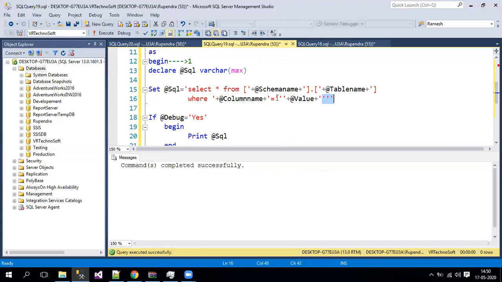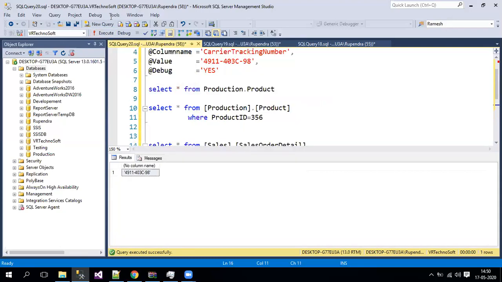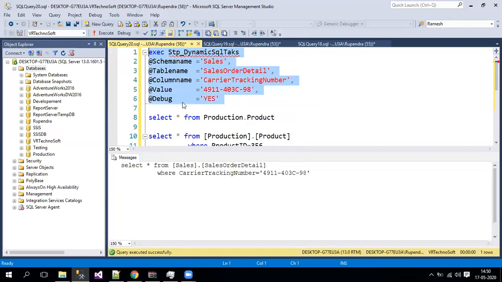On the left hand side, you needn't, because there are already multiple quotes here. Only double is required on the left, and on the right hand side you need to keep multiple. Yeah, and we'll just alter it and execute. Now you're getting some single quotes here.